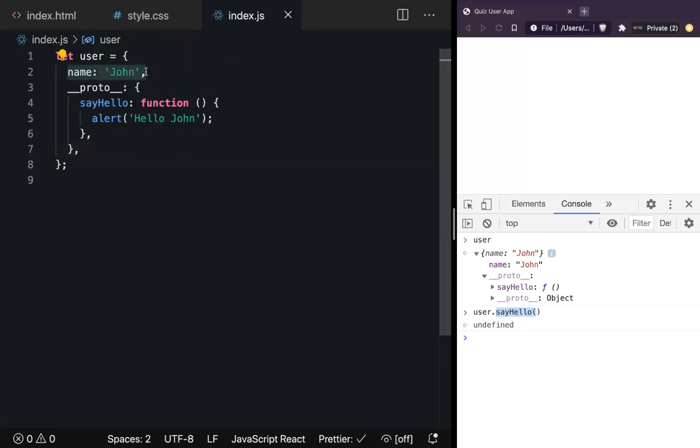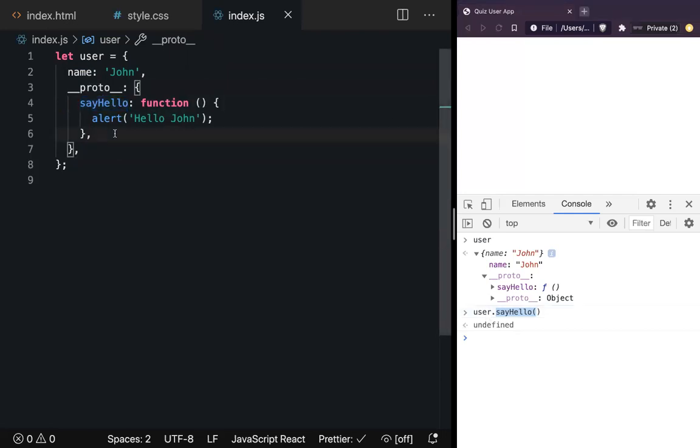And if it could not find that property, because in user the only property we have is name, then it goes inside the Dunder Proto chain. So I'll look into Dunder Proto and I can find these methods here. So I can find my sayHello and then I'll execute it and I'll get the value.